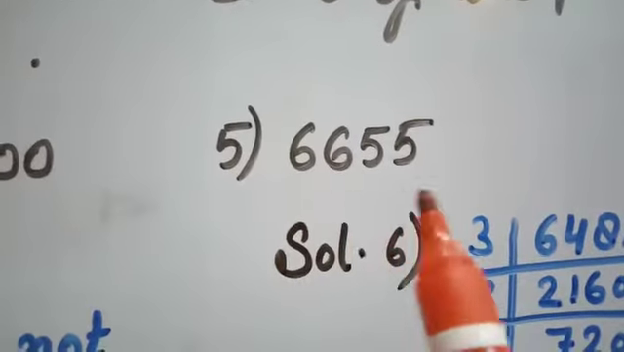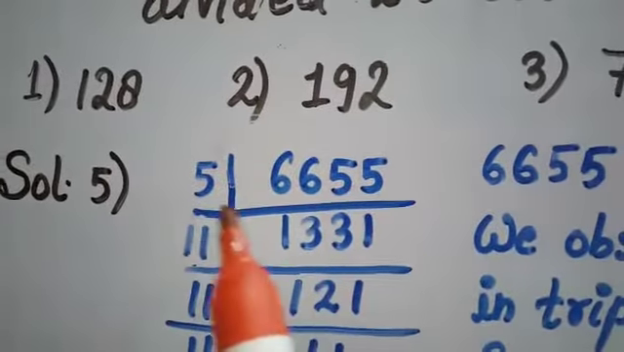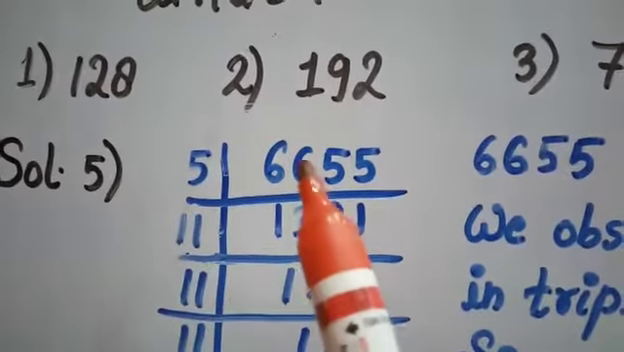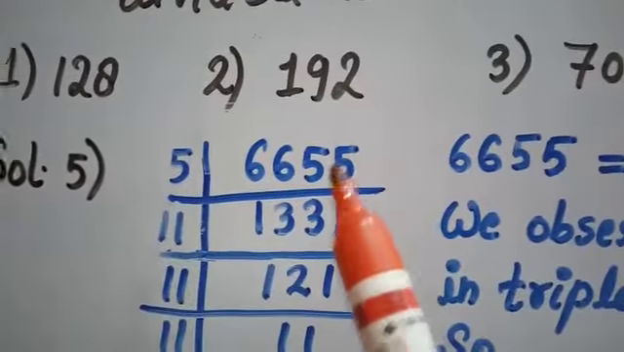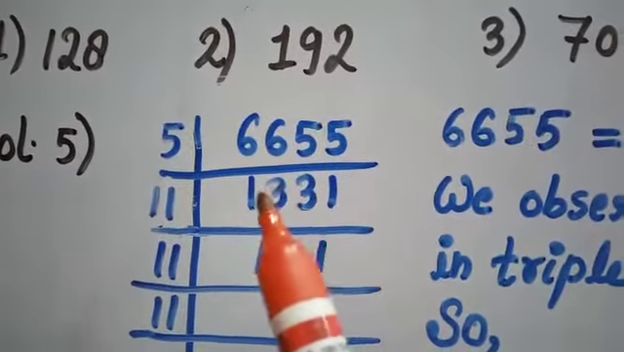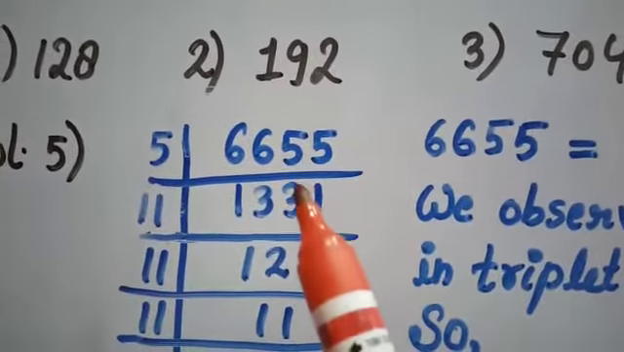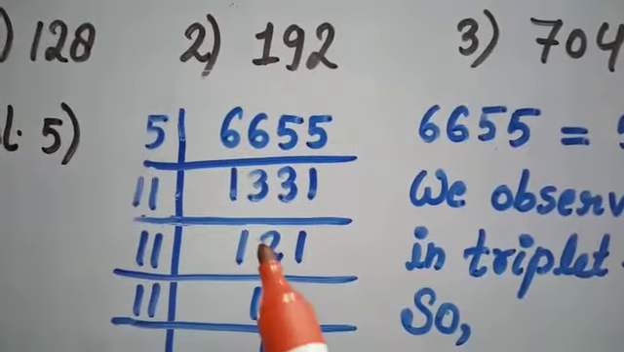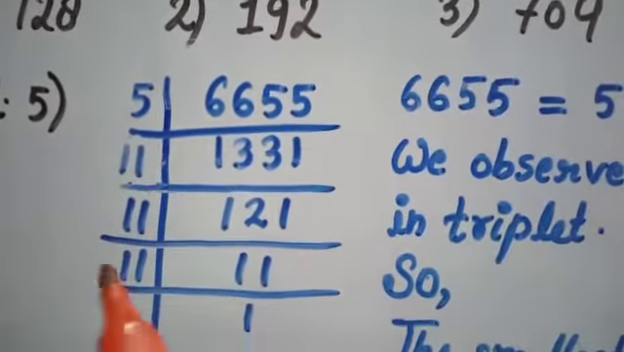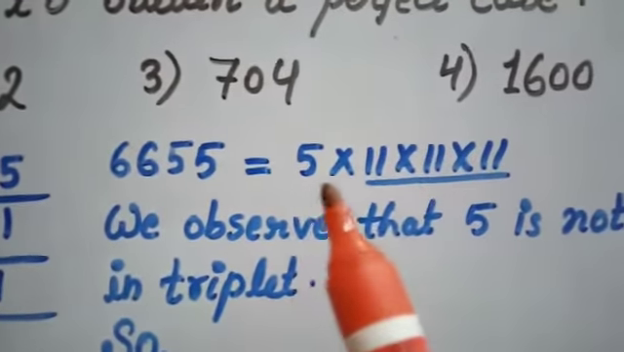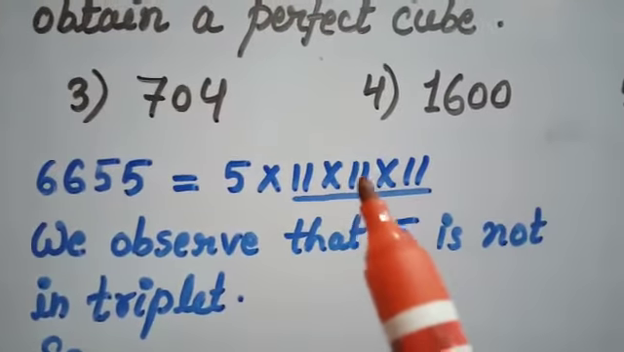Now we will solve fifth part of this, 6655. We will do prime factors of 6655. It can be divisible by 5. 5 1s are 5, 5 3s are 15, 5 1s are 5. It can be divisible by 11. 11 1s are 11, 11 2s are 22, 11 1s are 11. So prime factors of 6655 is equal to 5 into 11 into 11 into 11,